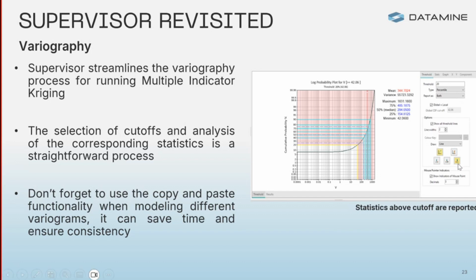So every time you change one of those options here, you're just saying report the stacks that are above the threshold or report the stacks between two thresholds. And we can see exactly what is the mean of the data inside the two thresholds for the MIK estimation. And of course, we have in Supervisor a really good functionality that is copy and paste, and we can use that